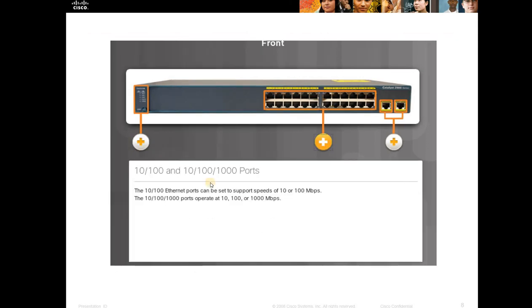Coming to this component, these are the 10/100 or 10/100/1000 ports. A 10/100 Ethernet port can be set to support speeds up to 10 or 100 Mbps, and 10/100/1000 ports operate at 10, 100 or 1000 Mbps.